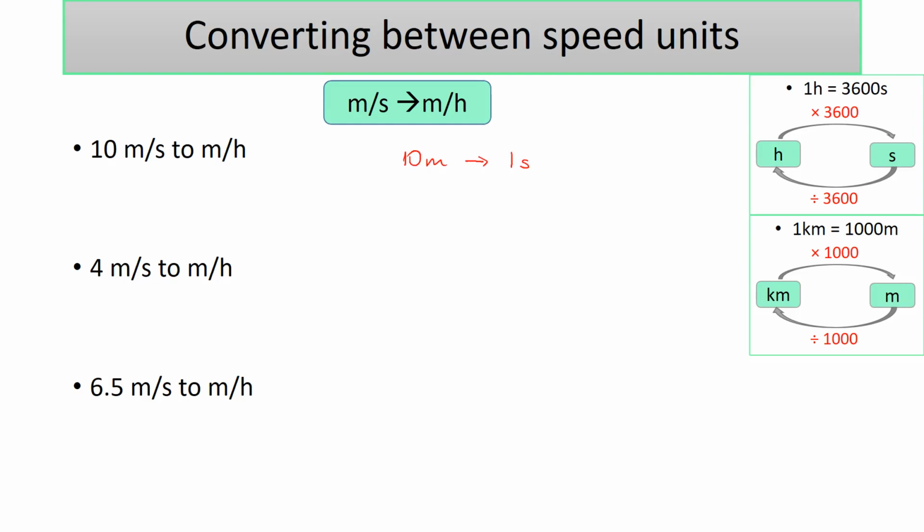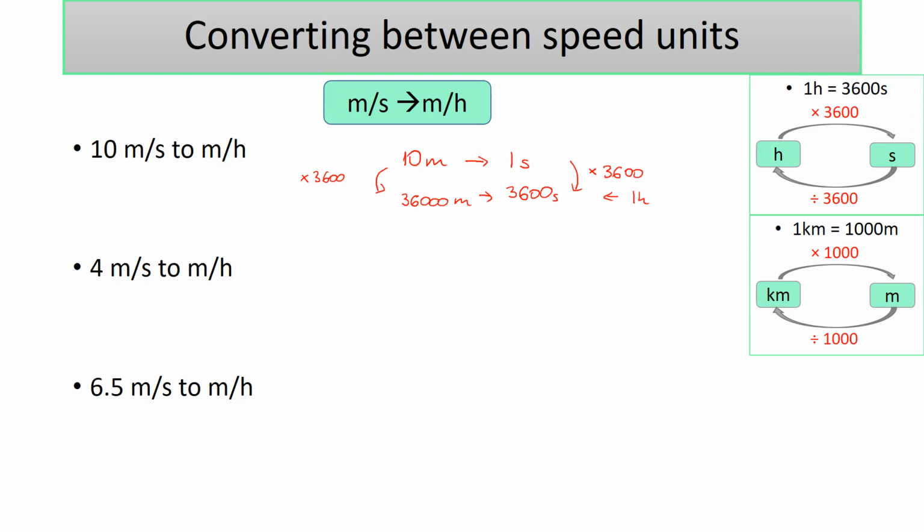Now, because I want to have it in an hour, that means I want to have 3,600 seconds because that is 1 hour. So I need to times by 3,600. But remember, I have to do the same to meters. That's going to give me 36,000 meters. So if I cover 10 meters in 1 second, that means I'm going to cover